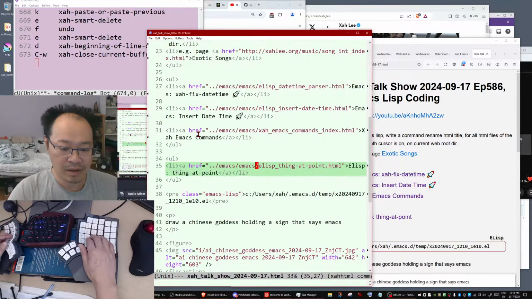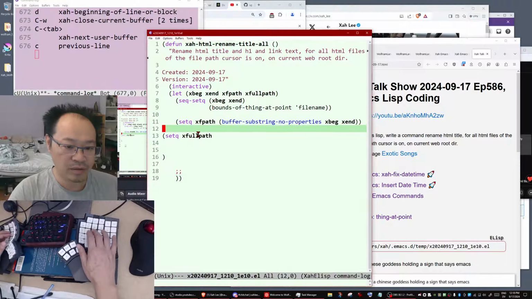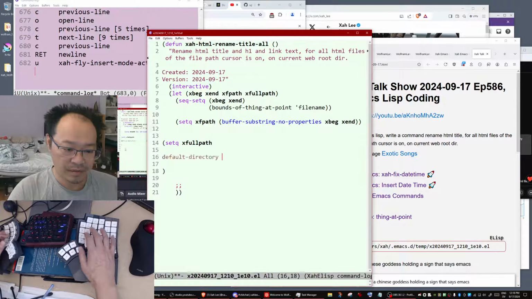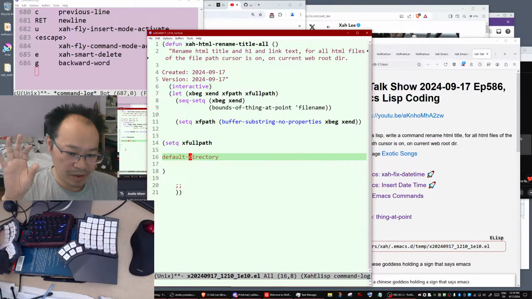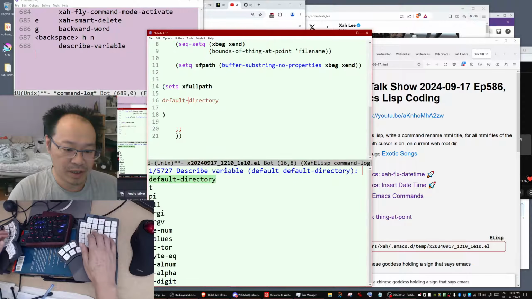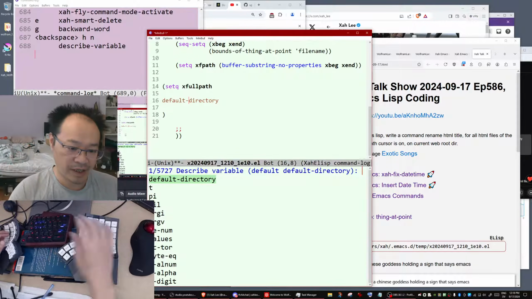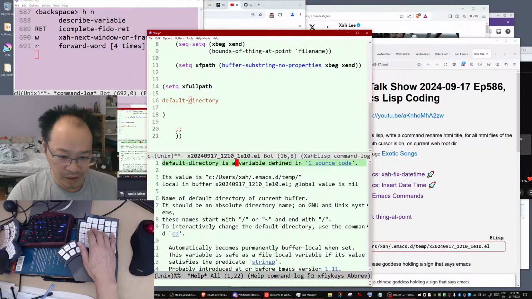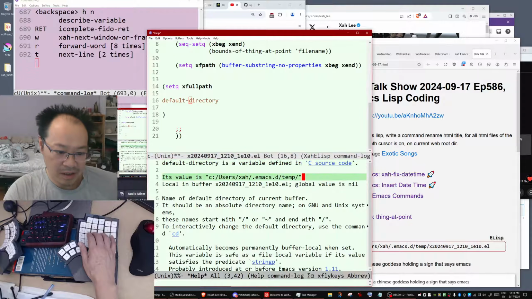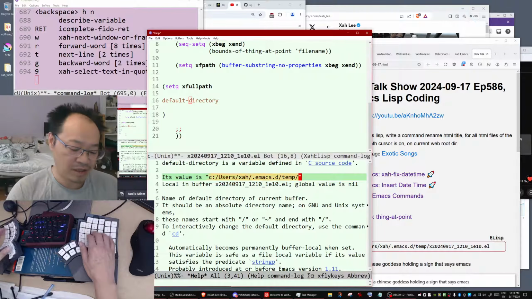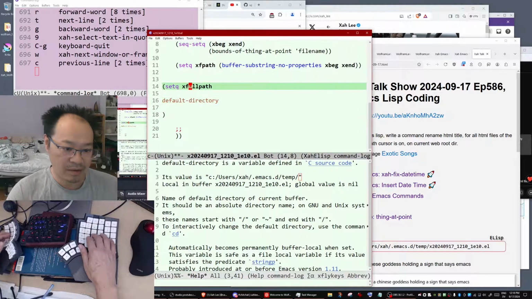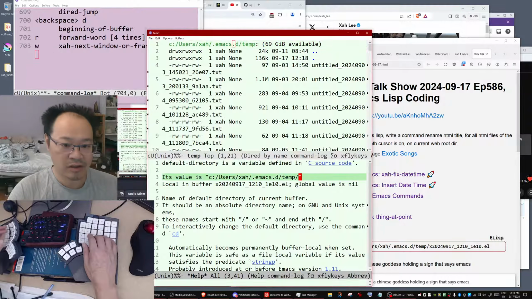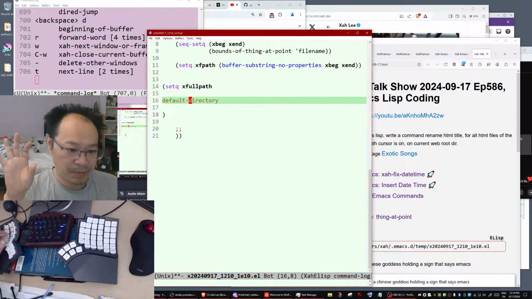You just say default directory. That's a built-in global variable whose value is the directory of the current buffer or file. We can see the documentation: default directory is a variable defined in C source code. Its value is actually the parent directory of this file, as you can see in dir jump.